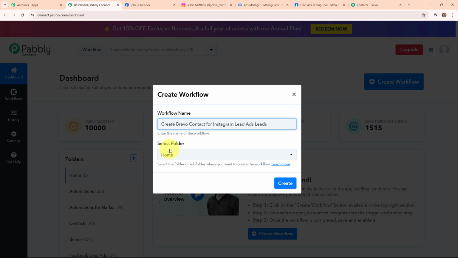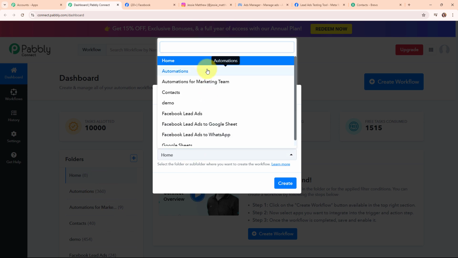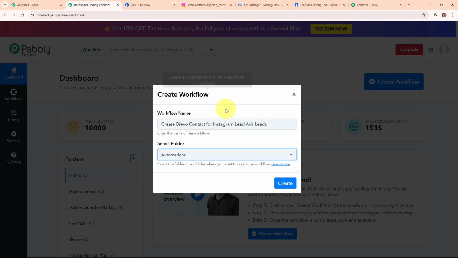So here in the left side corner of this dashboard, you can see a folder section under which you can see all the folders that I've created with different names to save my workflows accordingly. So here in this particular case, I'm going to select my folder as automations. You can select the folder as per your need. Also, you can create multiple folders to